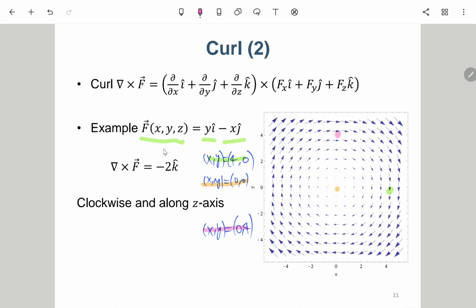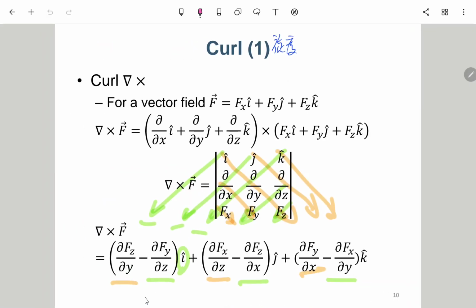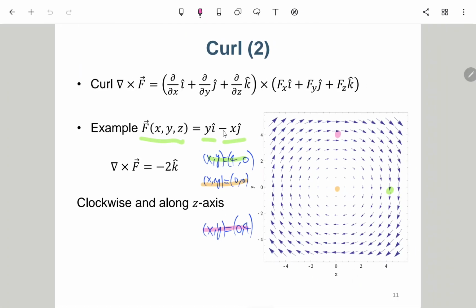this f vector, okay, I don't try to repeat the whole procedure. You can just try to put this one into here, okay, or put this one into here, okay, then you will quickly get curl of f will be negative 2k hat. 什么意思？这个是 x 方向，这个是 y 方向，这个是 z 方向，但是我们没有画 z 方向。什么意思？这个是它旋转的那个旋转轴，所以这个是 negative 的 z 方向，负的 z 方向，因为这个是 x，这个是 y。